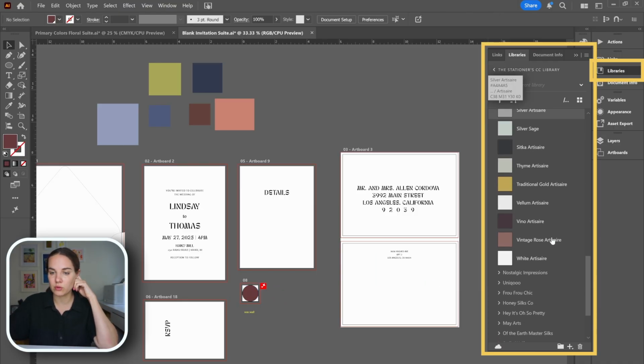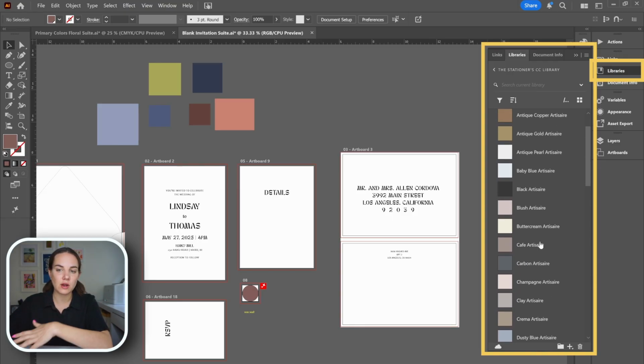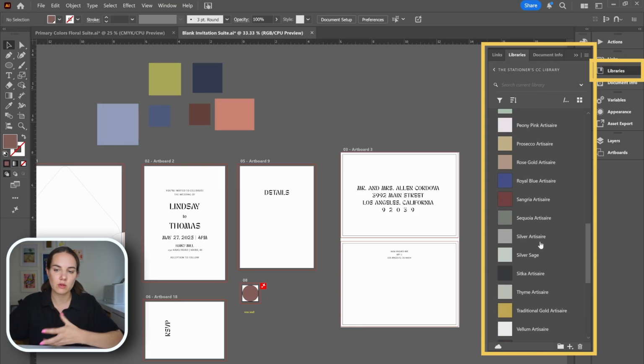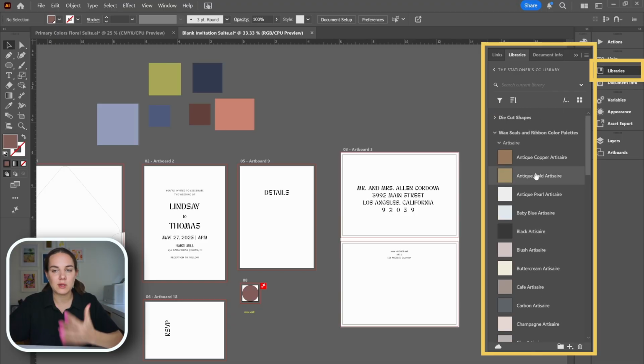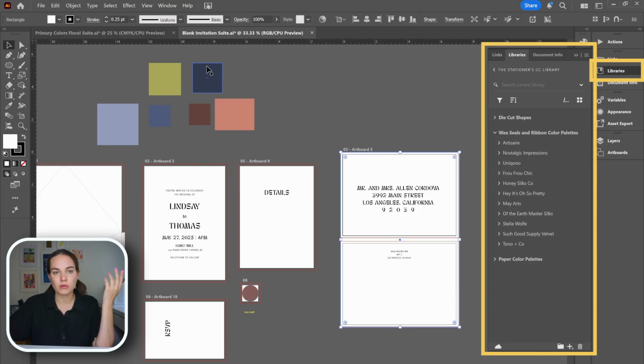So I'm looking through here. This vintage rose actually would be a really nice match for this as well. I can absolutely get out my physical swatches, but this makes the process go a lot faster. And especially when I'm familiar with what these colors look like in real life, it's really easy to figure out the colors here. Then we're going to look into some envelopes, and I know there's a really good envelope that's very